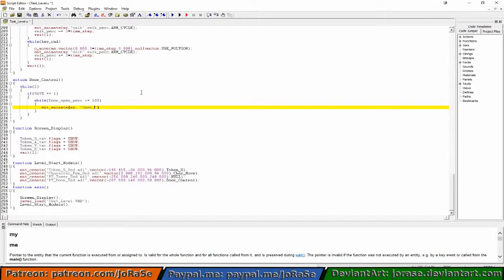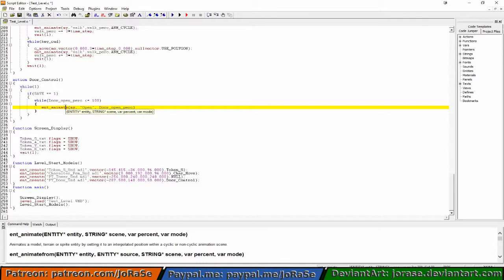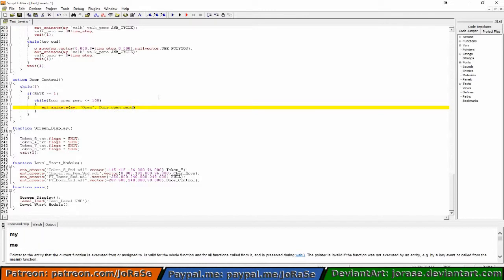That is what we're using for this one. And we're going to have it run the variable percentage on that. And then we want it set to mode 0